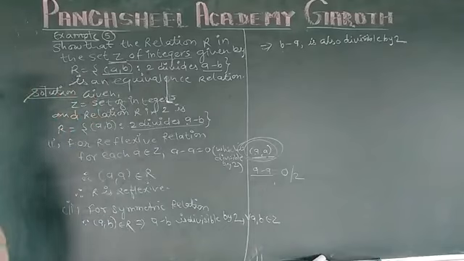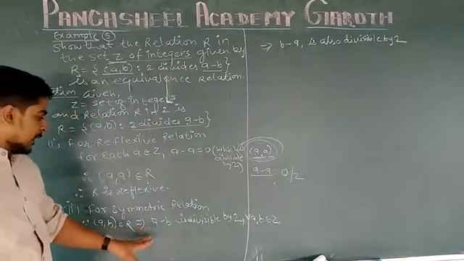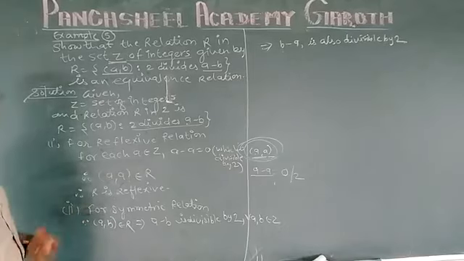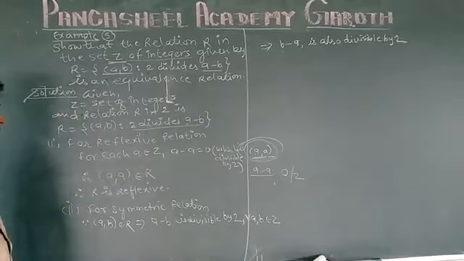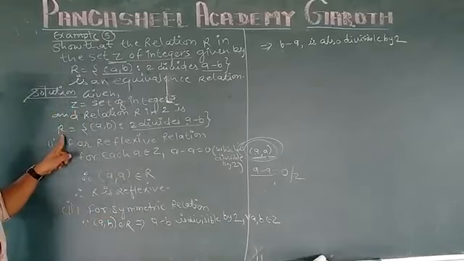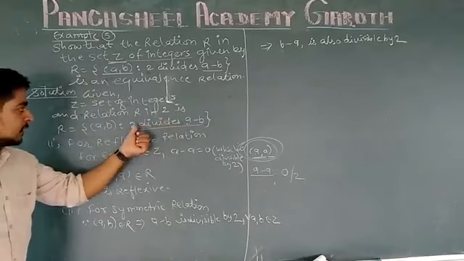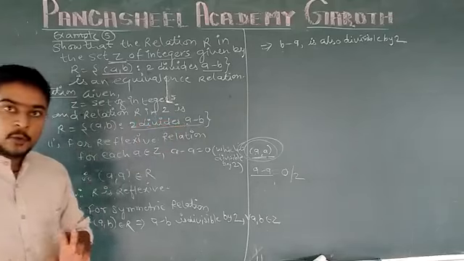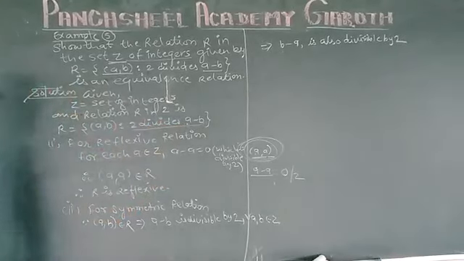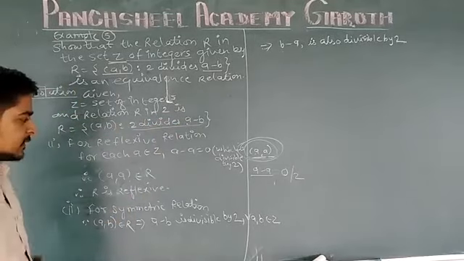For all a, b belongs to Z. It means that a and b, both the numbers which we are taking from the set of integers, and since we know that according to the relation, the difference of both the numbers is divisible by 2, so if we interchange both the numbers, then it is also divisible by 2 and it will be integers.